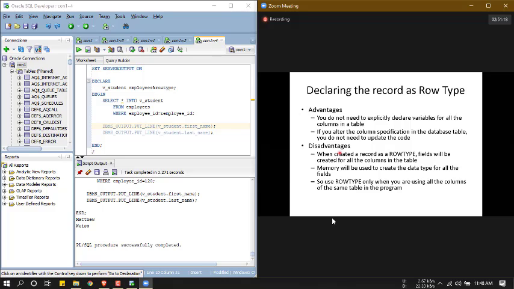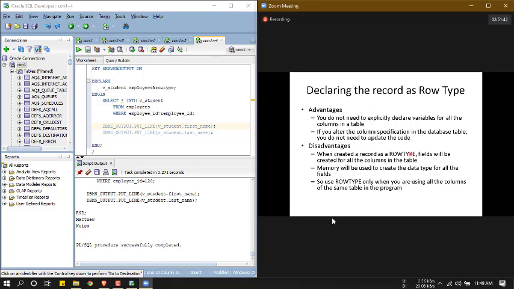And there are some disadvantages as well. When you create a record as a row type, the fields will be created for all the columns in the table, right? So as opposed to this one, we know it's easy on some occasions, but it is a disadvantage at some times